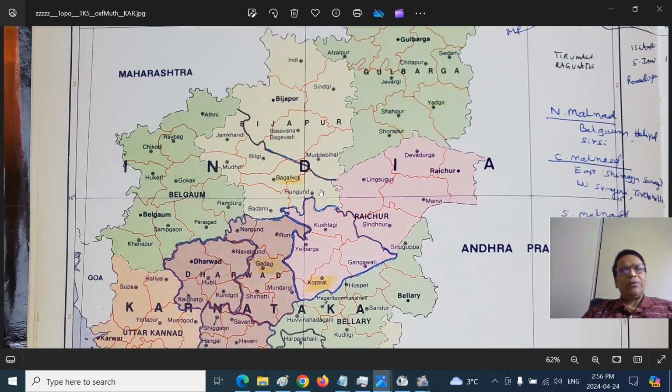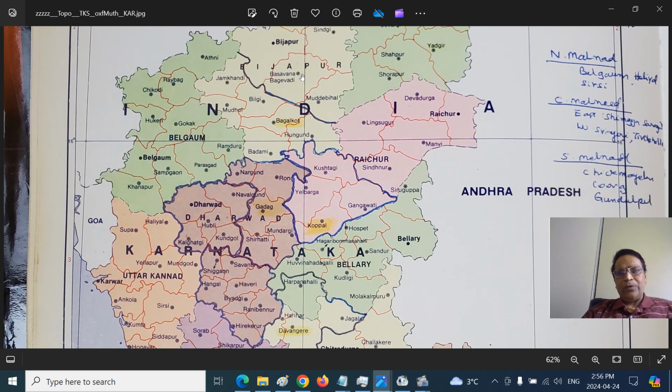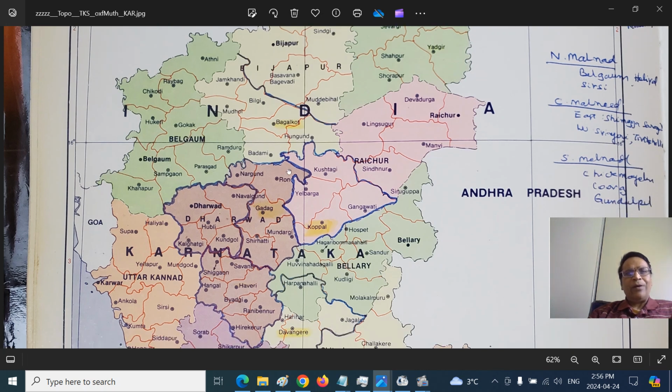So you see Hungund and Badami area and Bagalkot and Bilgi and Mudhol where the dog breed comes from, and Jamkhandi. So that is the Bijapur, which used to be the Adil Shahi headquarters for a lot of time. When Aurangzeb came to Deccan to fight the 25 years of war with Marathas, he stayed in this area for a lot of years. Then you have the Belgavi district, and it's a predominantly bilingual district. In certain taluks they speak the Marathi language, in certain taluks they speak the Kannada language. Shivaji conquered all these areas after the Battle of